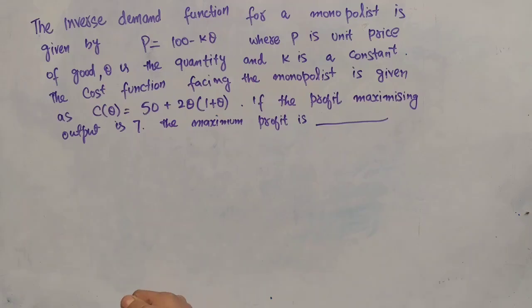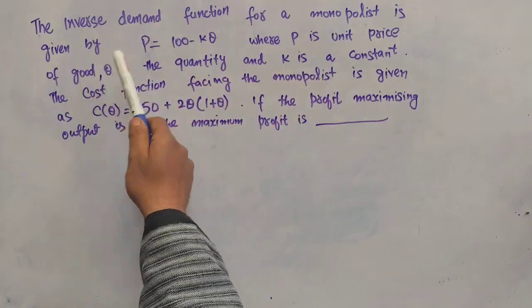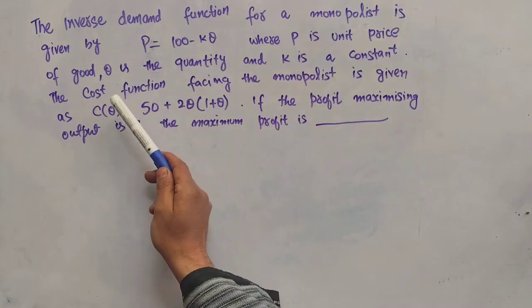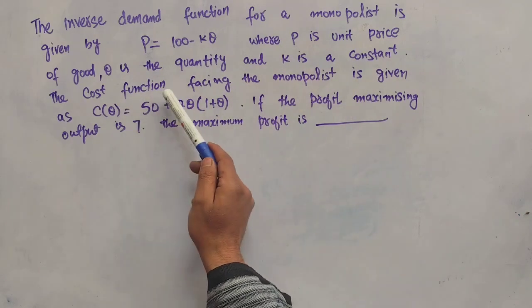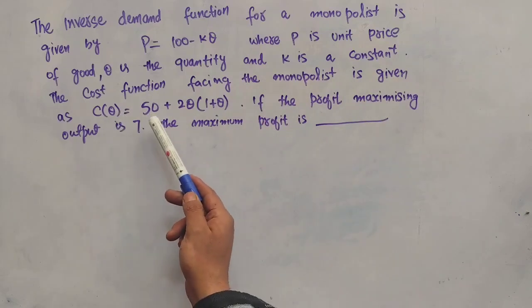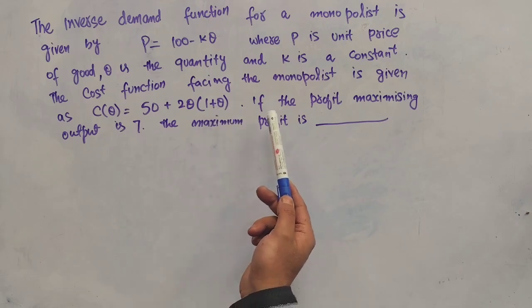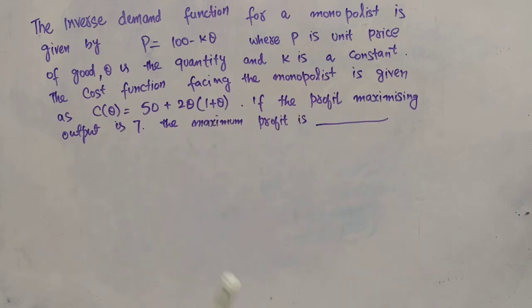The question is to find out the maximum profit for the monopolist. The inverse demand function for a monopolist is given by P is equal to 100 minus KQ, where P is the unit price of the good, Q is the quantity, and K is a constant. The cost function facing this monopolist is given as C(Q), that is cost is equal to 50 plus twice Q times 1 plus Q. If the profit maximizing output is given as 7, we need to find out the maximum